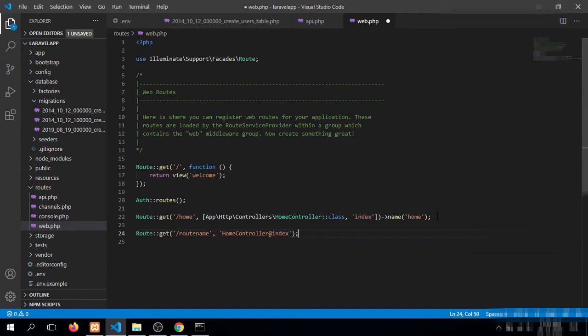By using this syntax we wrote routes in previous Laravel versions. In the new version we will have to pass the full controller path from the app.